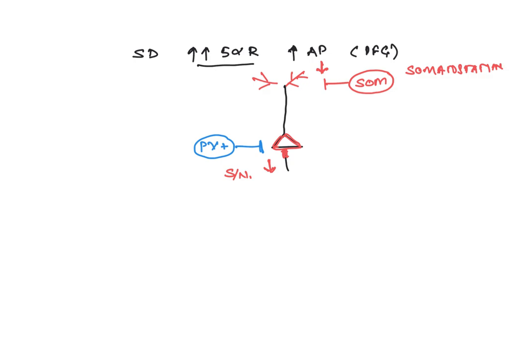So if you take away the GABA interneurons and you just have the pyramidal neurons, then you usually see asynchronous firing of the pyramidal neurons, right? So the GABA interneuron will synchronize it so that all the pyramidal neurons fire together. And that is responsible for creating something called the gamma oscillation. And this gamma oscillation plays an important role, especially in attention, in working memory, as well as in sensory motor gating, right?